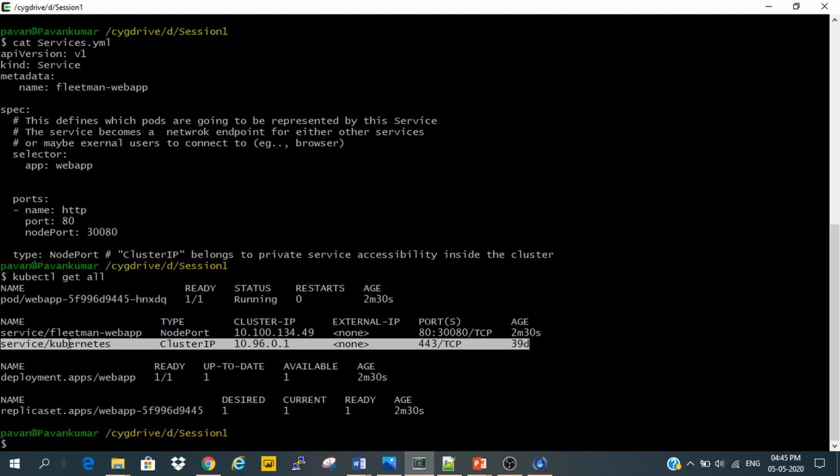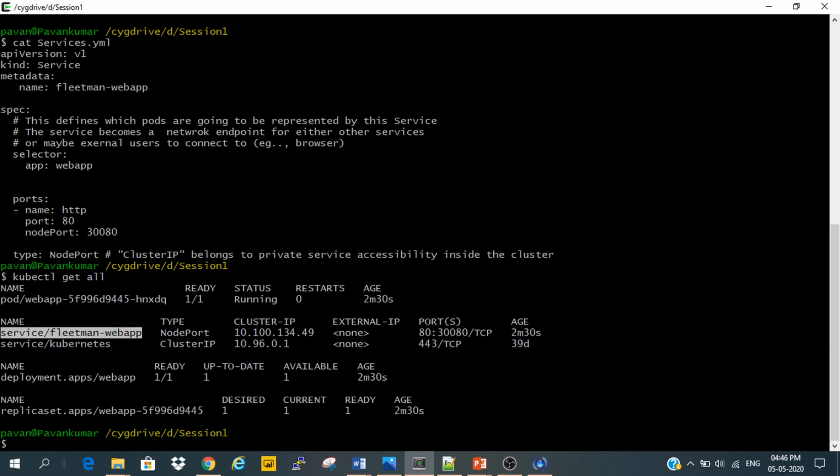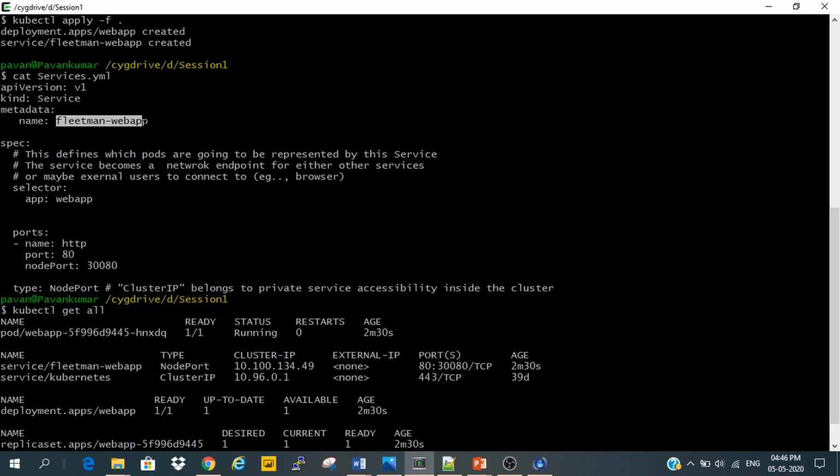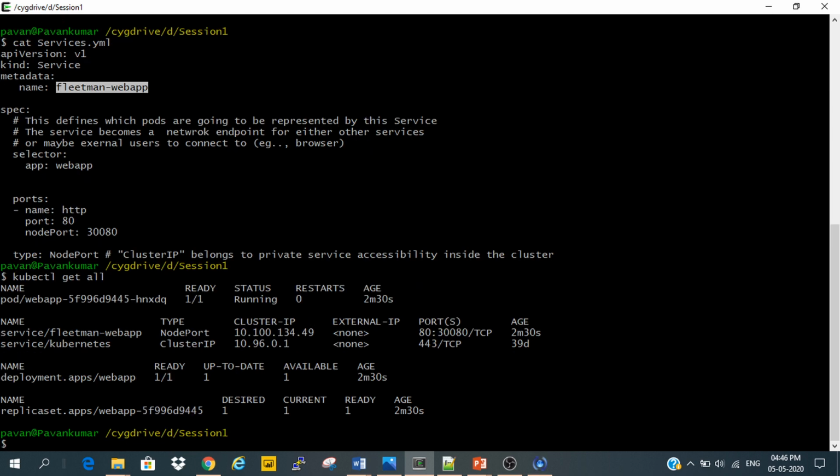Whenever we install a Kubernetes setup, by default we have this cluster IP service. On top of that we have the Fleetman web app, which we have mentioned ourselves. This is communicated with the node port, because node port means this service could be accessed from the outer world.